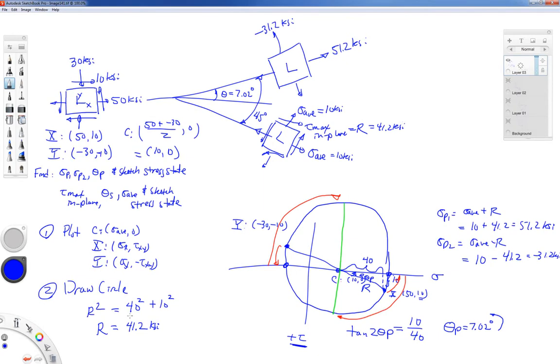Let me try a different color for that. Maybe this black will show up okay. If you remember, the first rotation we did to get to the principal stress state was to go from our X point to the horizontal and my Y point to the horizontal. This diameter, think of that as a rigid stick or a bar spinning about the center of the circle. Now, if we would have continued on, I would have crossed over